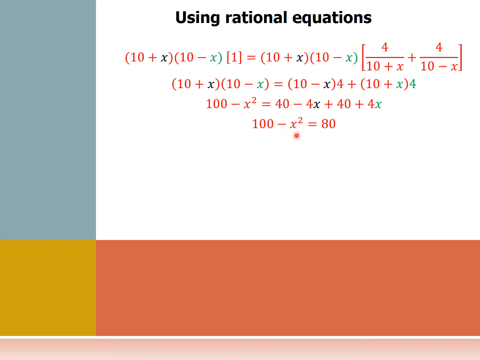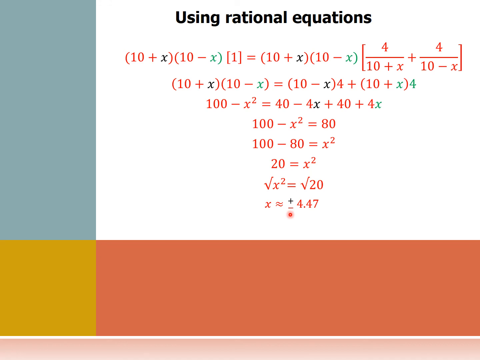Now you can take negative x squared to the other side to get positive x squared, and take positive 80 to this side to get minus 80. So we will get 100 minus 80 is equal to x squared. 100 minus 80 is 20, and it is equal to x squared. Now take the square root for both sides. We have the square root of x squared is equal to the square root of 20,